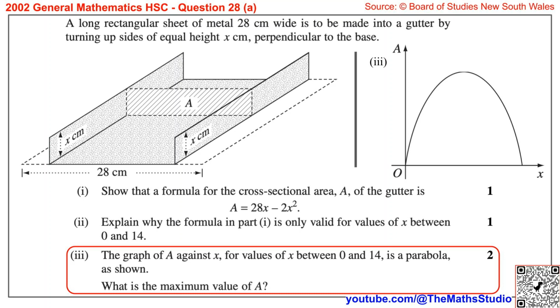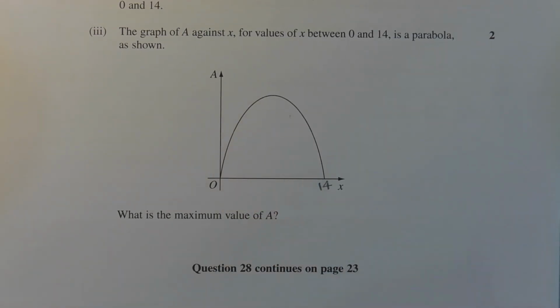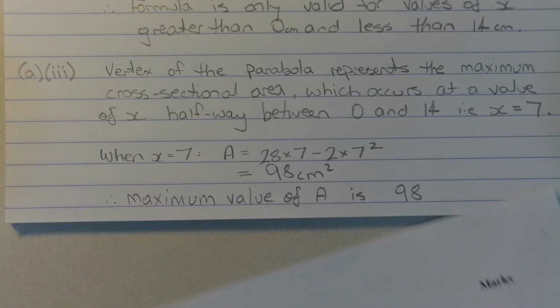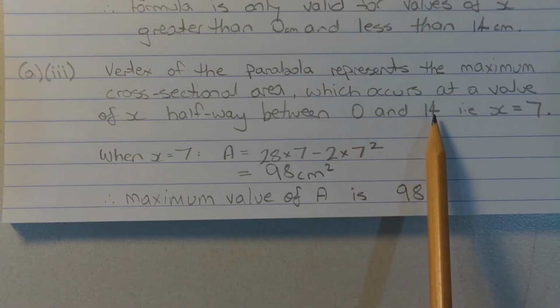Part 3. The graph of A against x for values of x between 0 and 14 is a parabola, as shown. What is the maximum value of A? The vertex of the parabola represents the maximum cross-sectional area, and it occurs at a value of x that is halfway between 0 and 14. And a value that is halfway between 0 and 14, which is the average of 0 and 14, is x